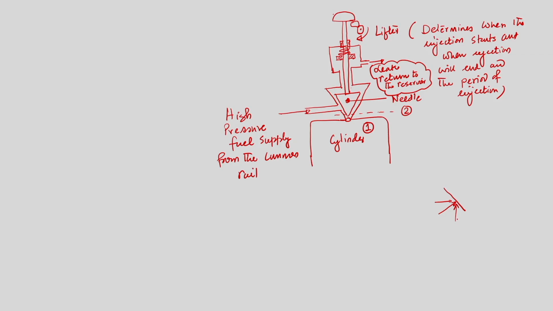Now, this is the vertical component, and this is the horizontal component. The force because of this high pressure fuel coming from the common rail will strike the needle wall. The vertical component will try to lift the needle by a very small amount, of the order of a millimeter, through which the fuel will be injected into the cylinder and we will get the desired amount of fuel. If excess fuel is there, it will be taken through the return port into the reservoir again. So, I have drawn two different cross sections, cross section 2 and cross section 1.